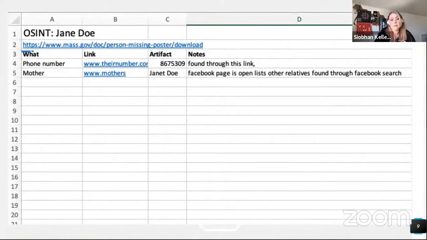If mind mapping seems a little bit too intense to start with, Excel is a really simple option. This is an example of how I might lay out an Excel sheet for an investigation. I like to keep things really streamlined, really easy to see. The title with the name of the missing person at the top, and a link to their missing persons poster or any additional information I might have, and then columns to track what I found, where I found it, and the evidence to support it. If I'm tracking a user from an email address or a username, then I just put that at the top instead of the missing persons poster.